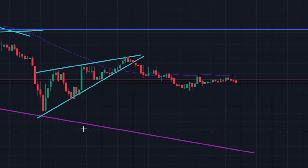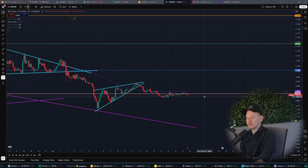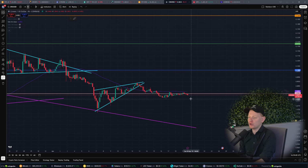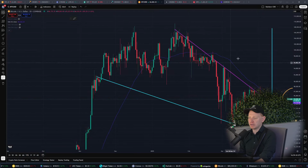Anyways, let's go back to the CRO charts, because as I told you in the intro, not much is really happening there. The market is simply chopping along here, but as I mentioned in my previous market update, basically it was about to hug onto this line, and it's exactly doing that. So it's the calm before the storm, and then we're going to know if it's going to violently go upwards or violently go downwards. That's, I think, what we're waiting for,